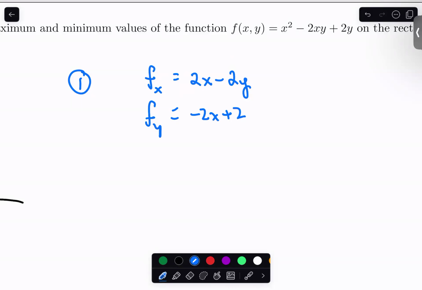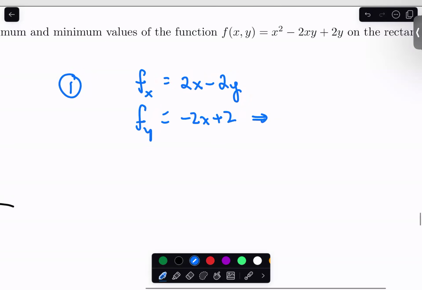There's no way that you can divide by 0 or take the square root of a negative or take the natural log of 0 or a negative. These are just polynomials, so we have no chance of making these undefined, but hopefully we can make them equal to 0. I notice this second one here only has x's in it, so if I wanted to try to make this equal to 0,